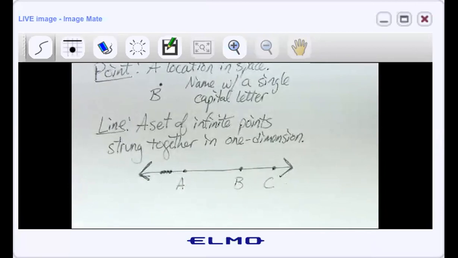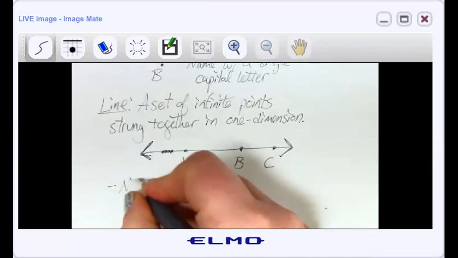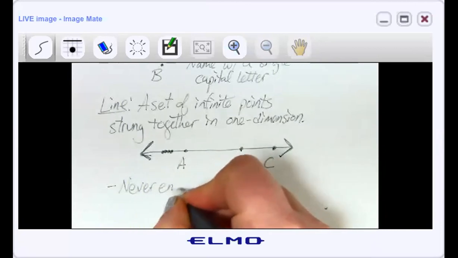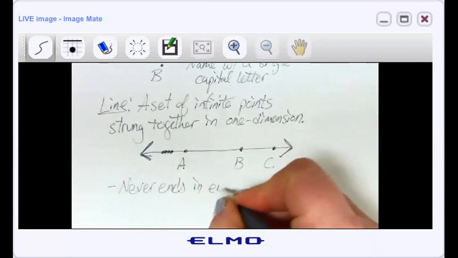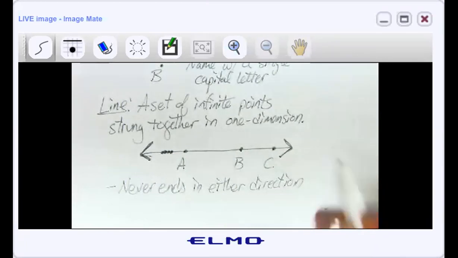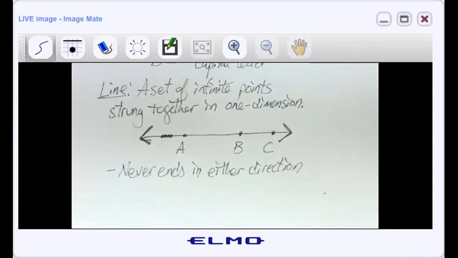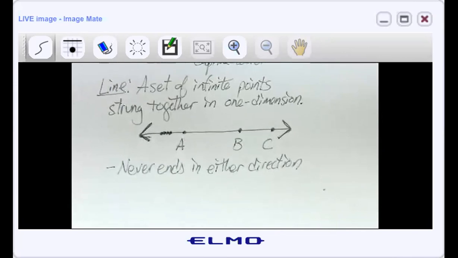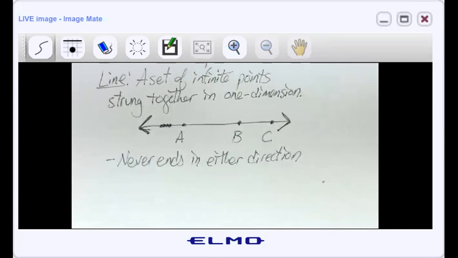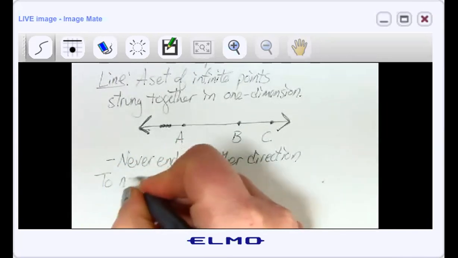Okay, so a few things to talk about with lines. They are going to never end in either direction, so that's key. And now let's talk about naming them. And there's actually two different ways to name a line. It's up to you which one you use, but you need to be familiar with them both, because if I name a line, you need to know which one I'm talking about. All right, so to name a line,